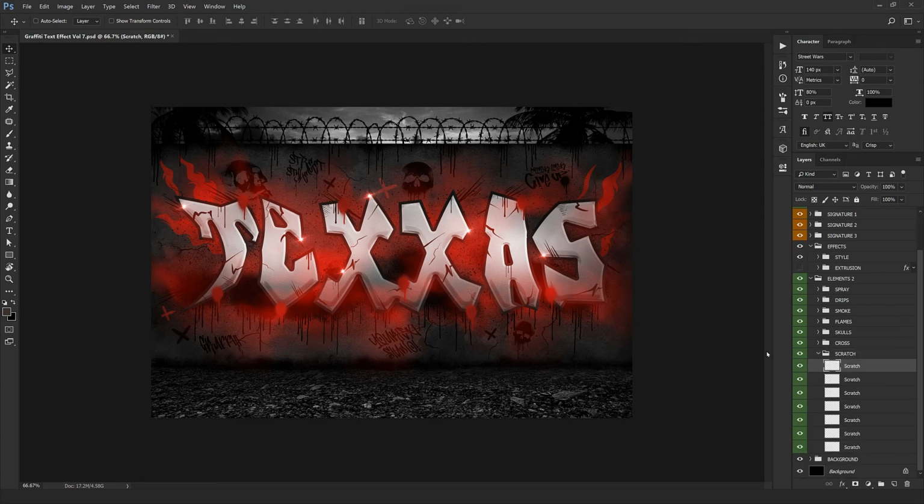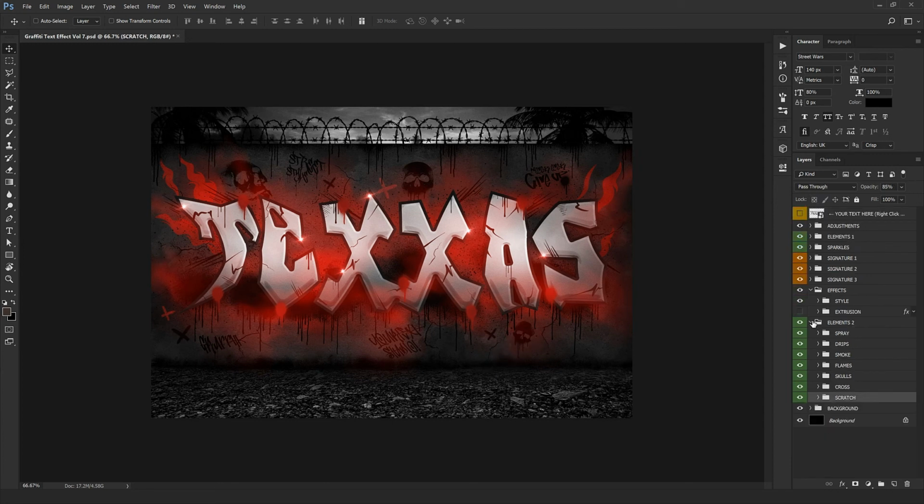So the next folder is the scratches on our wall behind the text. You can just move them around and drag them and place them wherever you want easily. I'm just going to place them in the right place, and done. We're done with the elements number 2, but finally we have the background folder,